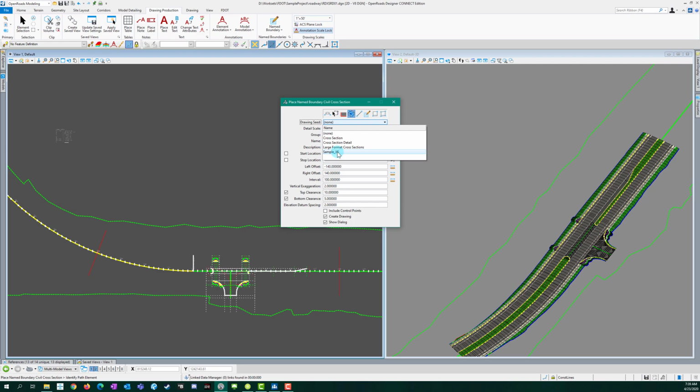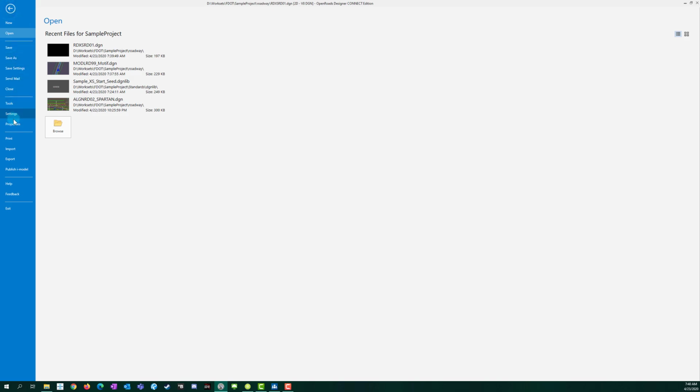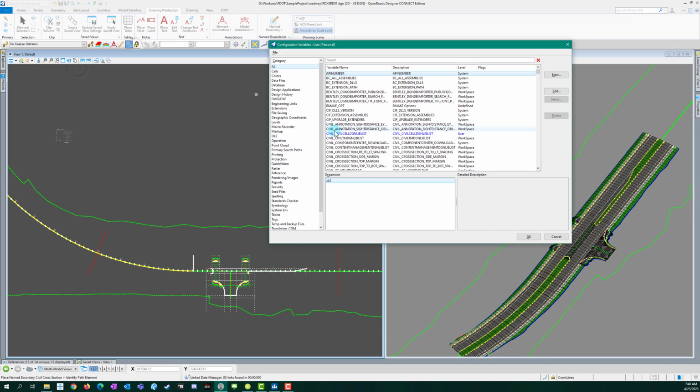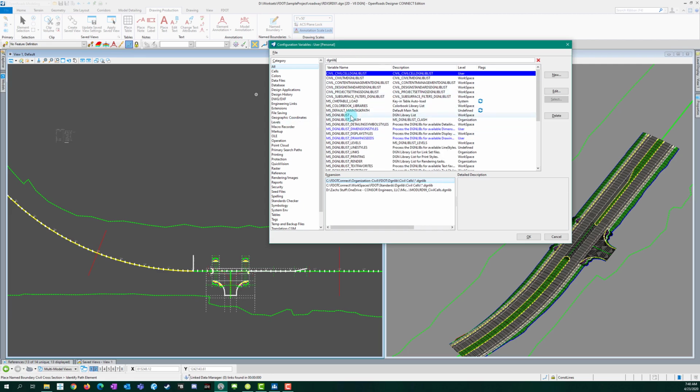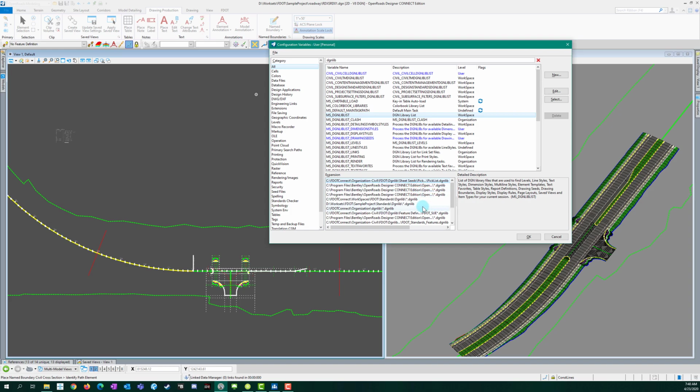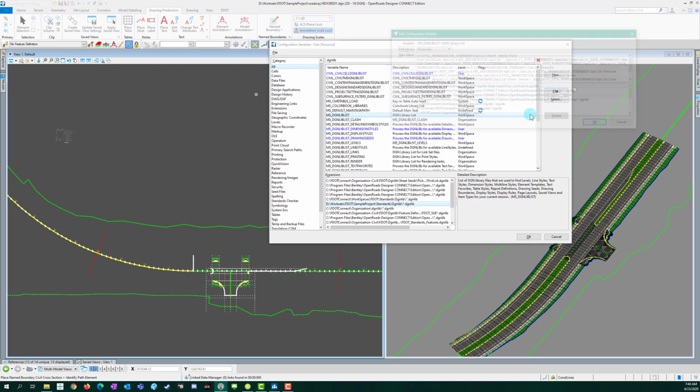Now if you haven't restarted OpenRoads Designer since you created your seed file, you might want to do that now because you will not see this showing up here. The reason for that is two configuration variables. If we come here and I type dgnlib, the first one is this MS_DGNLIBLIST. You can see my location is showing up here by default in the FDOT standards. So if I hit edit on that,